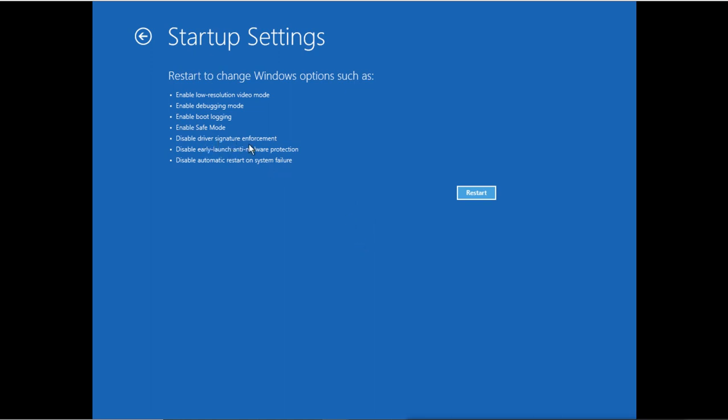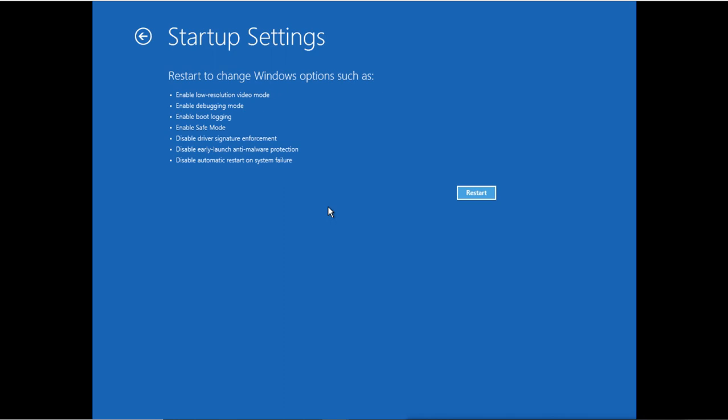Sometimes your drivers are not signed, and because of that your system is not accepting the driver, the device is not working, and so your system is not starting. So just for the time being, you can disable the signature enforcement and your system will start, and then you can recover the driver, you can roll back the driver, and then it will start working.